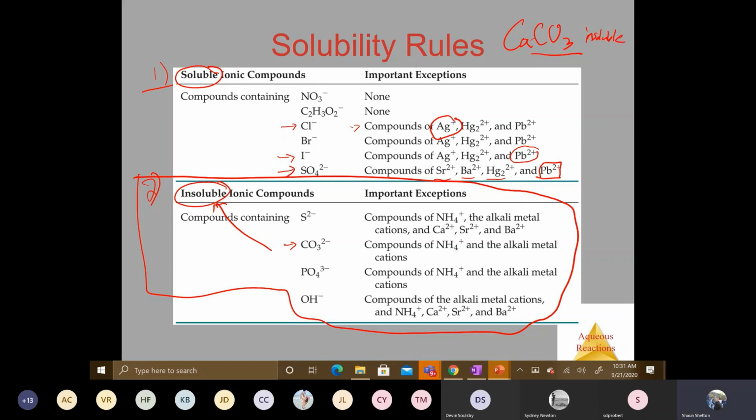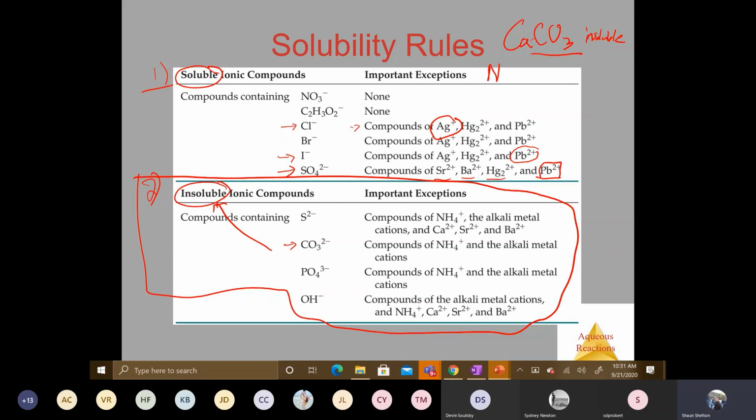So if this is not an exception, that means that this compound is insoluble. Now, here's where this comes to truth. How many of you drink water? We all drink water. How many of you dissolve your teeth when you drink your water? No one does. You know why? Because your teeth are composed of calcium carbonate, and calcium carbonate is insoluble in water. It will never dissolve into water. So your teeth are fine to drink water. And you are like, wow, that's just perfect. It makes sense now. And I said, great, let's move on.